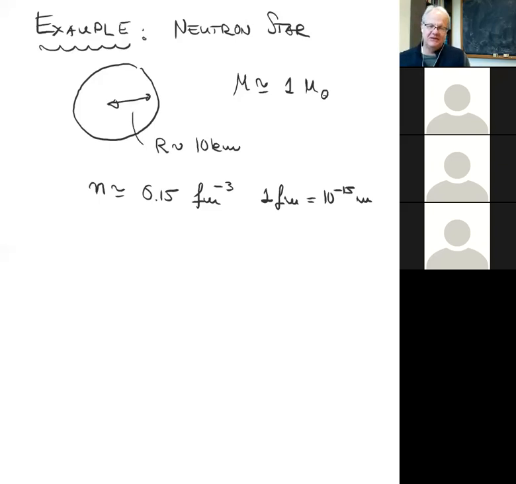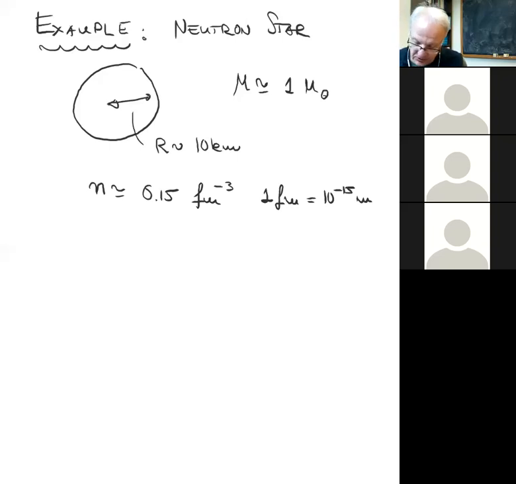In atomic physics, everybody's favorite unit is an angstrom because an atom is roughly an angstrom across. So an angstrom is 10 to the minus 10 meters, and a Fermi is 10 to the minus 15 meters. Okay, so if I give you the density, then from the magic formula that we have, you can now work out what the Fermi wave vector is.